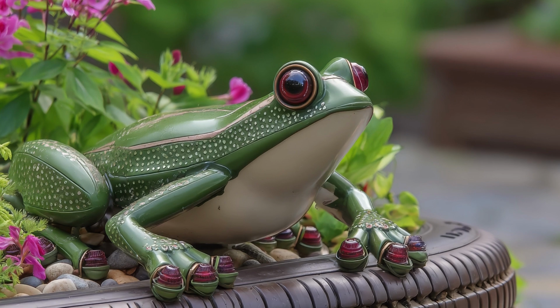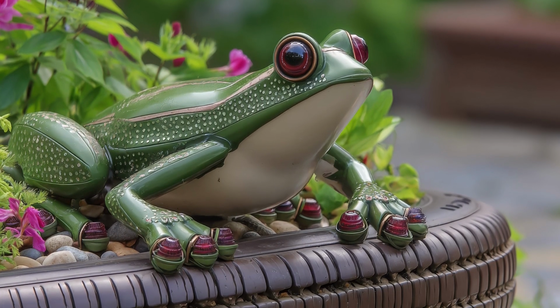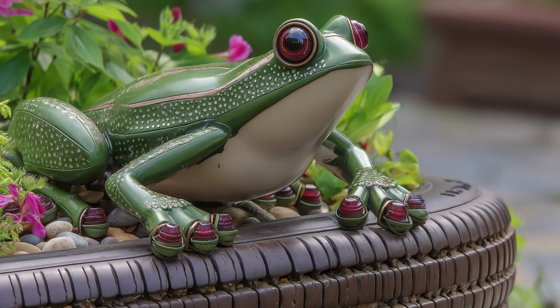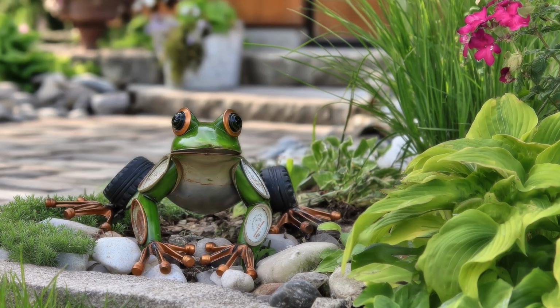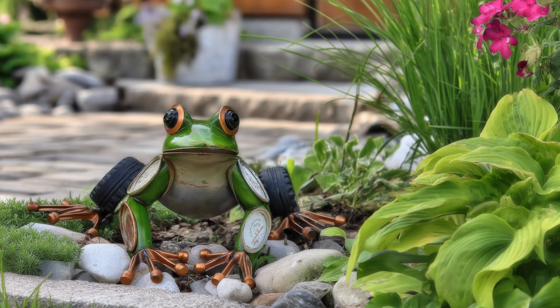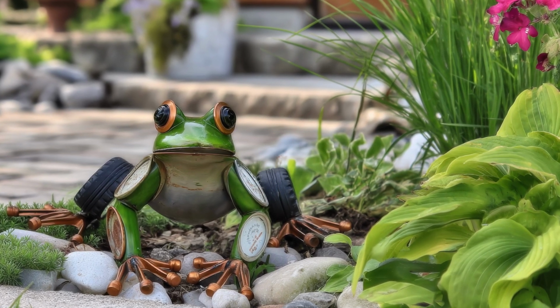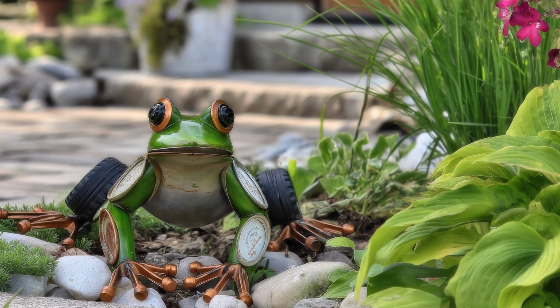The painted tires are durable and weather-resistant, ensuring that the frog will remain a cheerful presence in the garden season after season. The playful garden frog sculpture embodies the spirit of creativity and sustainability, transforming discarded tires into a whimsical work of art. It's a perfect example of how upcycling can turn everyday items into something charming and fun,